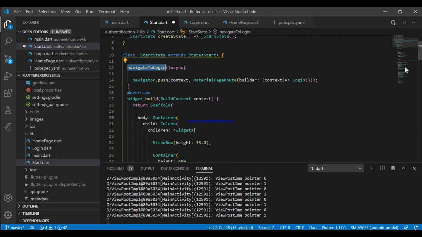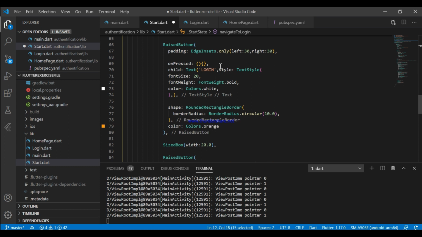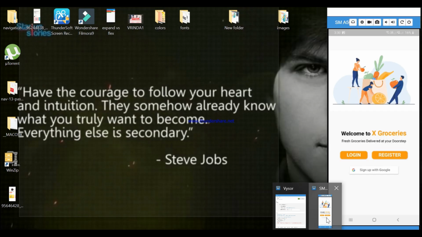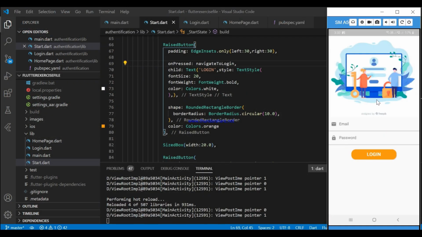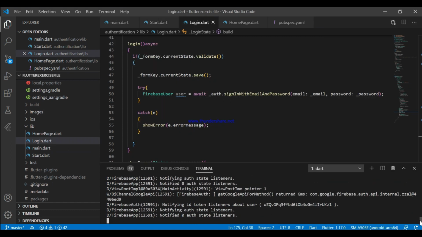Now copy this method and paste it inside the on press part of the login raised button. Now let's test. Restart this app. Tap on login. Yeah, it's working. The login button redirects us to this sign in page.